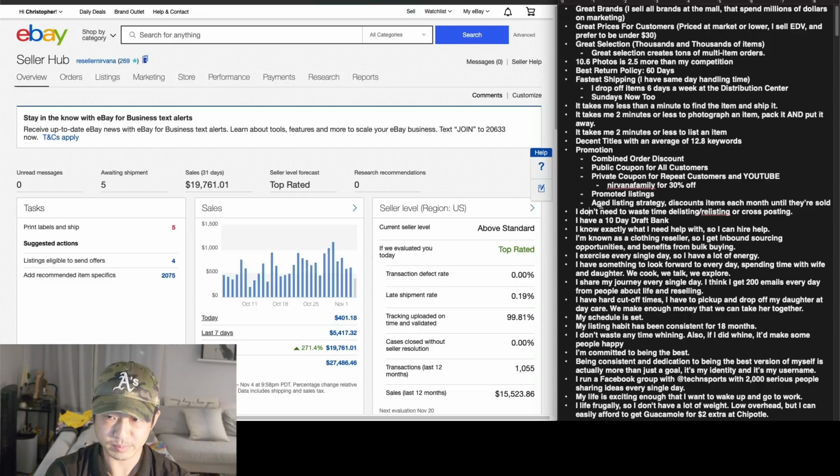Number 1, I don't waste time delisting or relisting or cross-posting anymore, especially in this store. This store, I have the auto decline, auto accept setup, so I don't even answer questions. I think in this whole store with 2,000 items, I answer less than 5 questions a day. My customer service is pretty much